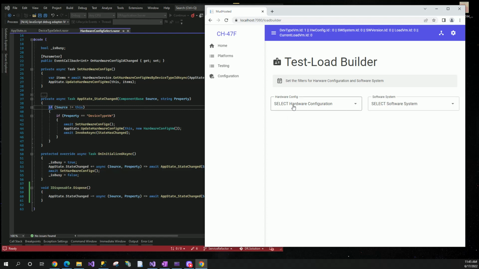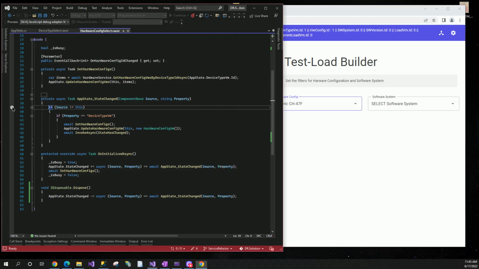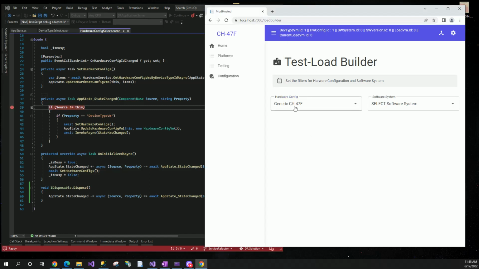So here is the component. You can see right here it's CH47. So everything in this drop down deals with 47, and there would be several here, but for now there's only one. So if I select that guy, I'm going to put my breakpoint back here. If I select that guy, for the user, it doesn't make any sense if I were to change, for instance, if I were to change to a different